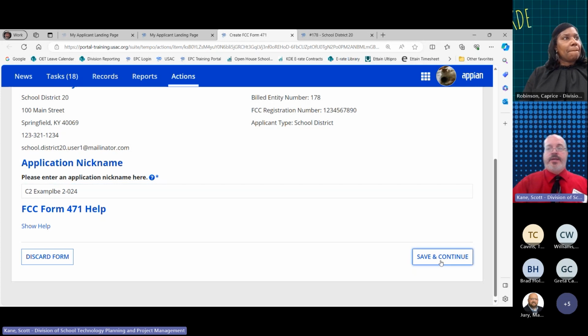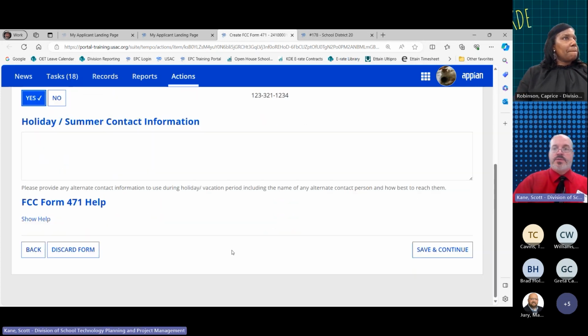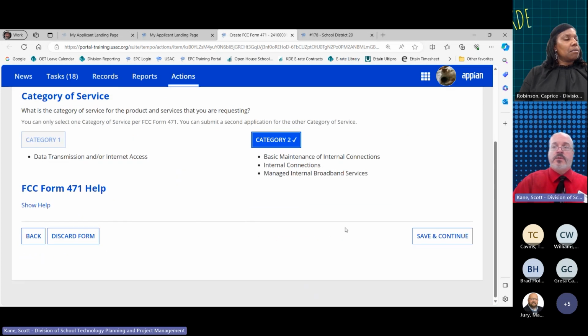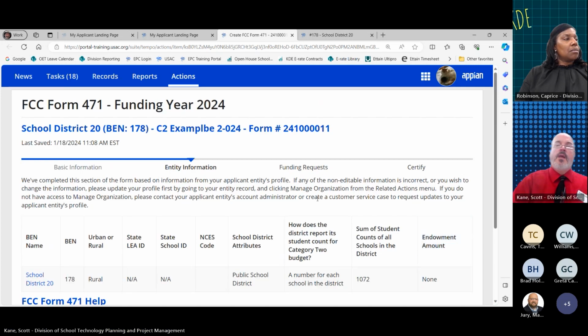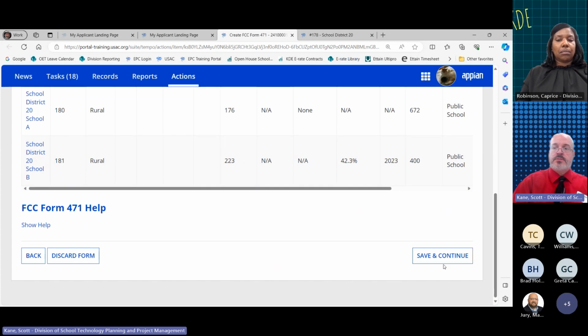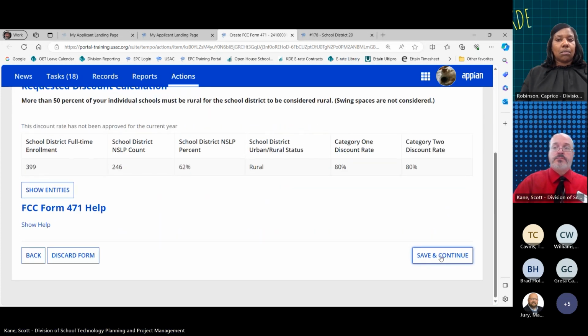Yes. Skip that. Save and continue. This one's going to be category 2. Obviously, we're going to use an example of a handful of switches, for example. We'll use that as our rolling example. Category 2, save and continue. Again, we have these review pages. Yes, yes, yes, yes. We know we double checked that before, so we know that that works now.